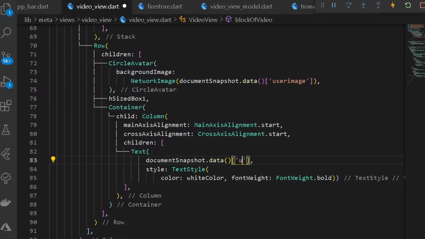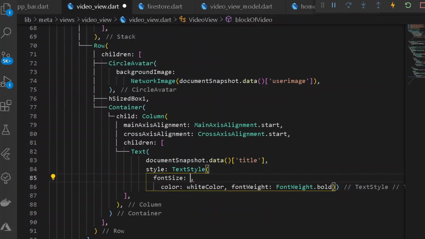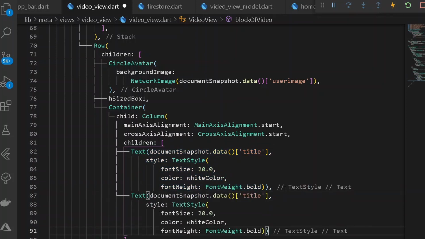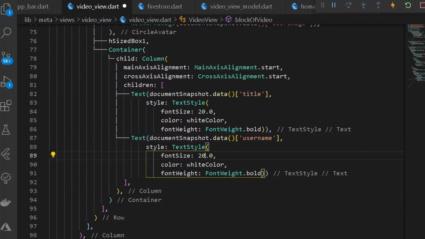here we shall be simply having the title of the video, and also let's have a different font size. So here, for having a different font size, let's have a font size of 20, format document first, and after that let's copy the entire thing from there and paste it here, but here let's have the username of the following user, and also let's have a smaller font size of 16, and also let's have a different color of yellow color. Alright, a color to be here of a yellow color, format document first, and now we are good to go.